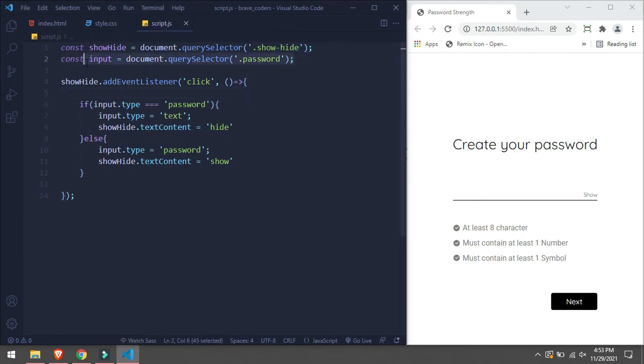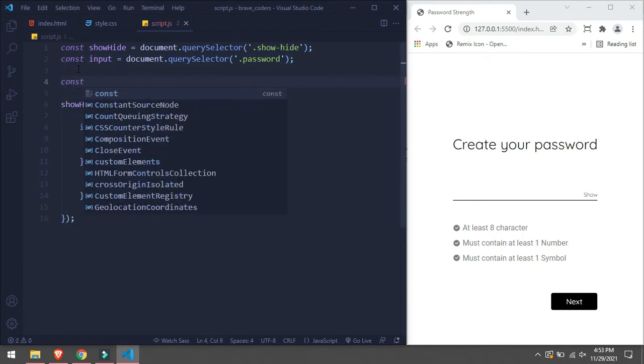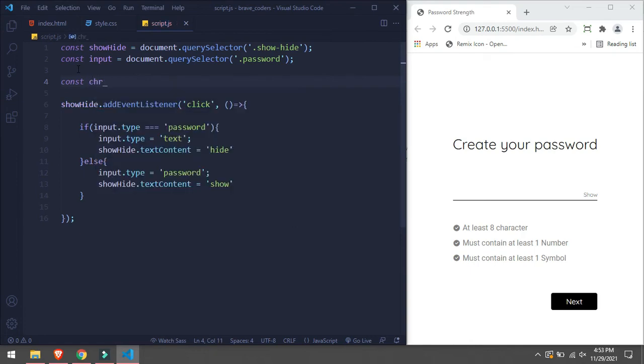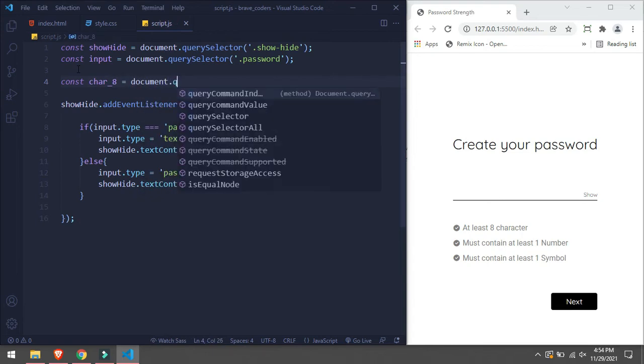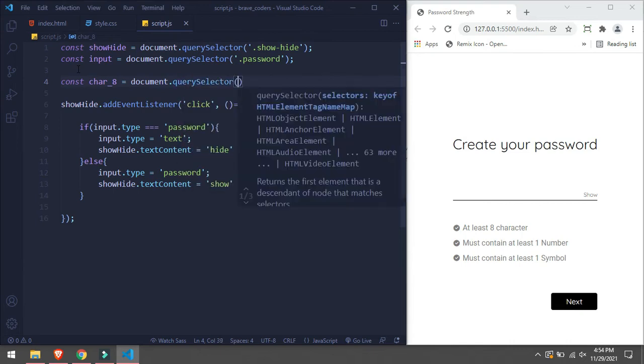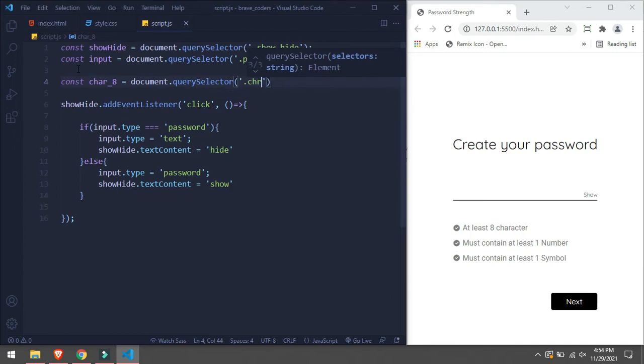Now we are going to target const char_8 equals document.querySelector, dot char_8.